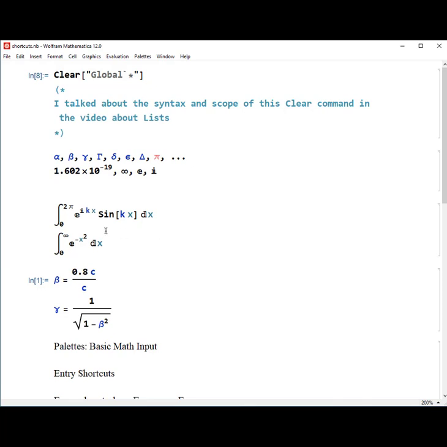You can do definite integrals, so you see that I've got a definite integral here with limits from 0 to 2 pi or 0 to infinity. That is something that you can do. You can put in fractions in the normal mathematical notation that we use when we're writing fractions, with a horizontal bar and a numerator above and a denominator below. You can put in square root symbols. All of these are